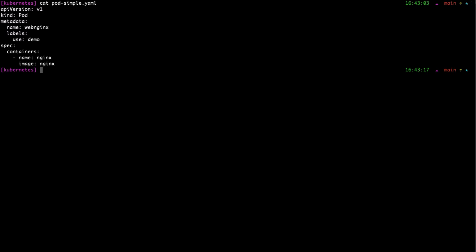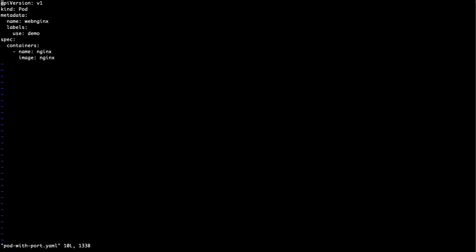So what we want to do is expose the port, and this is just an example of Nginx. In many services you will have n number of ports that you want to expose. The procedure is going to be the same. So let me just copy this into pod-with-port.yml. I think that's an appropriate name. Let's add pod-with-port.yml, and here what you want to do in container specifications,